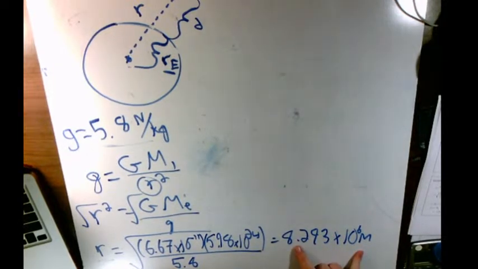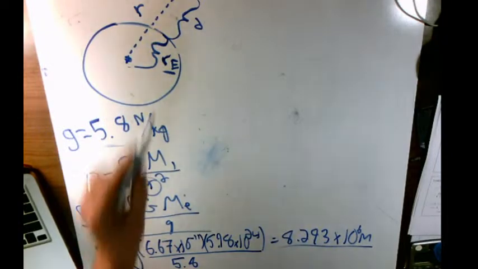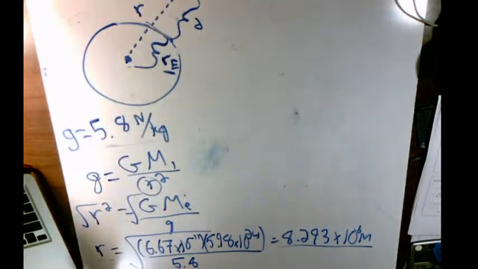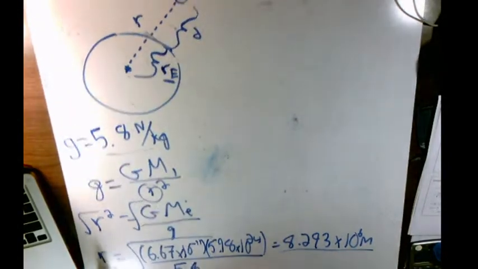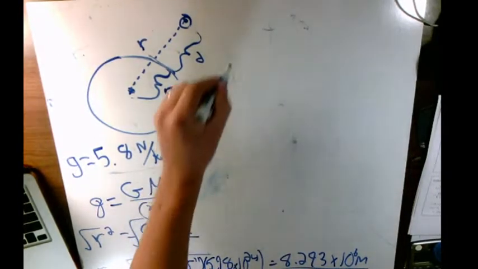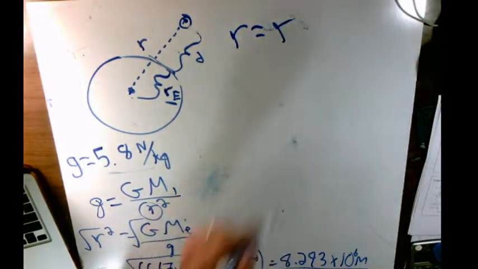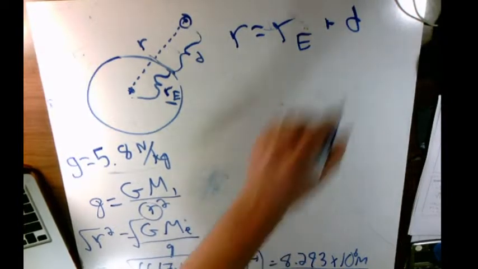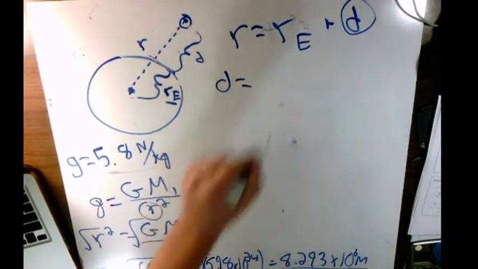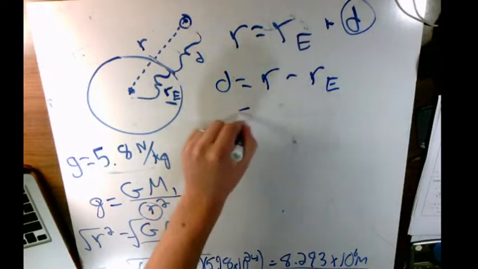And that's going to be where a lot of people will stop and they will get the question wrong, because that is the center to center distance. We want to know how far above the Earth's surface we are. So we have to create a little equation for what's going on up here. We know that the total center to center distance is equal to the radius of the Earth plus the distance above the surface of the Earth. And that's what we're actually solving for. So the distance above the surface of the Earth is equal to total center to center minus the radius of the Earth,